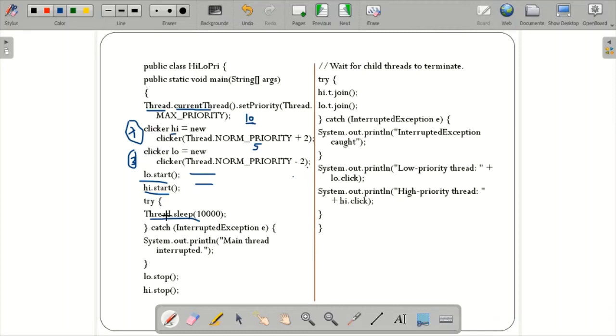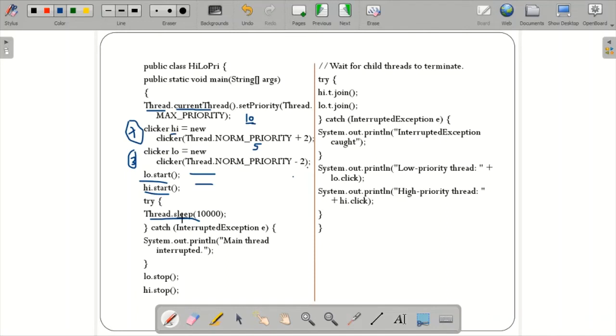It shouldn't be interrupted by anyone else. In case it is interrupted, then it should be handled through the try catch itself. That is the concept of why you're using try catch throughout this program. Since we are including the sleep method, which will be sleeping for certain milliseconds, if it is interrupted, then it should be caught by this particular catch. So that's why I've called main thread interrupted.